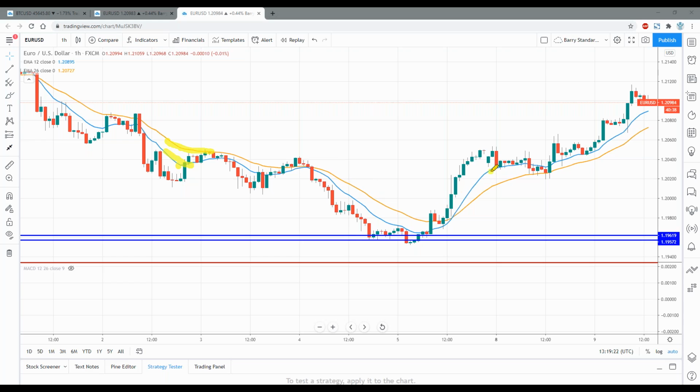So if we were to take the blue line here and subtract the gold, we would always have a number larger than 0, because it would be a positive number. When the blue line is lower than the gold line and we subtract the gold line, because we're always taking the blue line and subtracting the gold line, that would give us a negative number lower than 0. So MACD uses a 0 line,